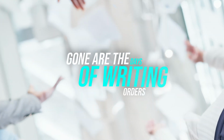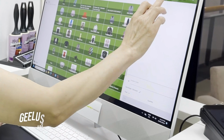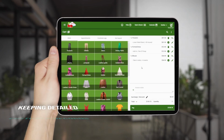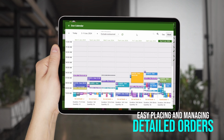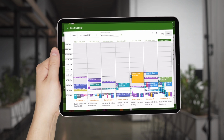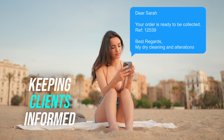Gone are the days of writing orders on triplicate dockets and drowning in paperwork. Geelus has transformed my business by providing essential features such as keeping detailed customer records, easy placing and managing detailed orders, a convenient calendar to keep track of order due dates, helping us stay on top of deadlines,